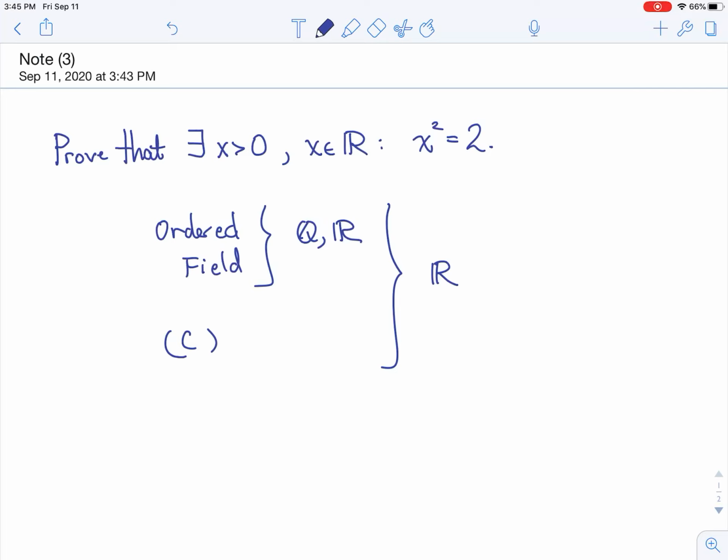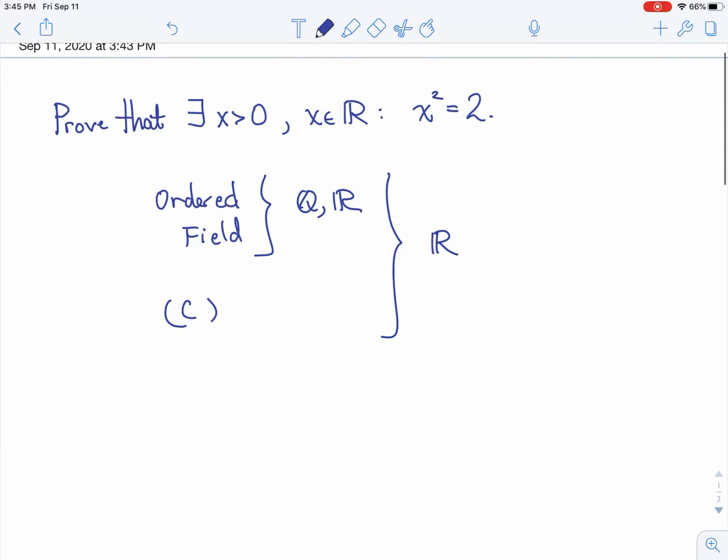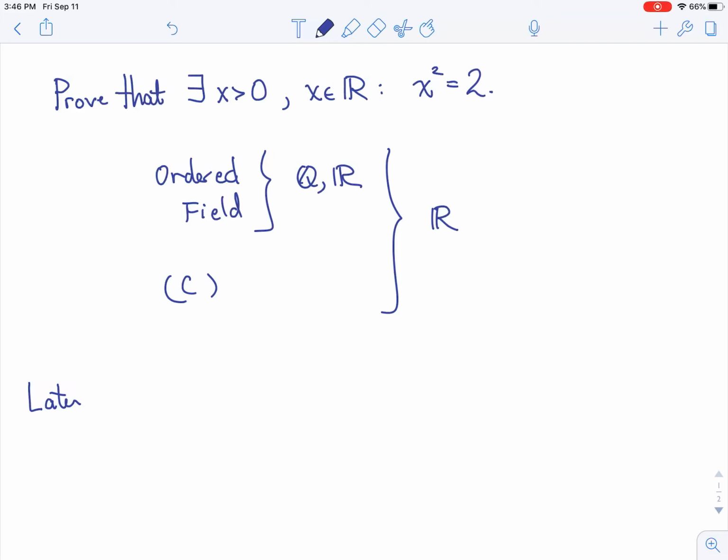So let's do it. So before I dive into the proof, I will mention there are much easier ways to prove that there is a square root of 2 once we have more machinery. And so later in this course, we will prove two things. We'll prove the intermediate value theorem, which says